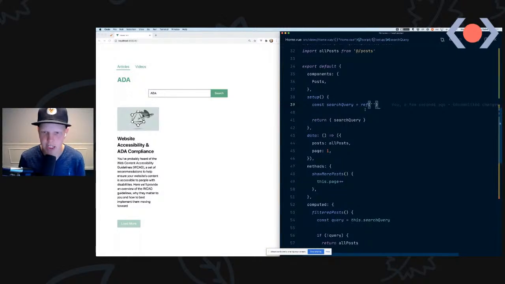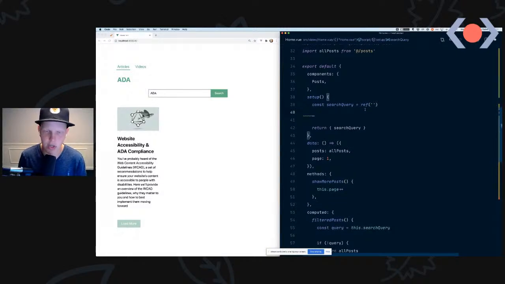And I'm going to get into this a little bit later, but one thing you need to know about refs is that they wrap up the data which you pass in an object wrapper. And this is because of a limitation of JavaScript. JavaScript doesn't natively have a way for you to have reactive data. So for that to work, we have to get around it by wrapping it in an object and then returning that object. So ref doesn't return this string value directly. It actually returns